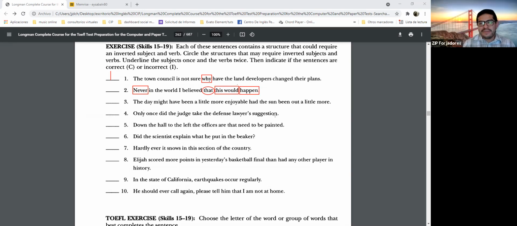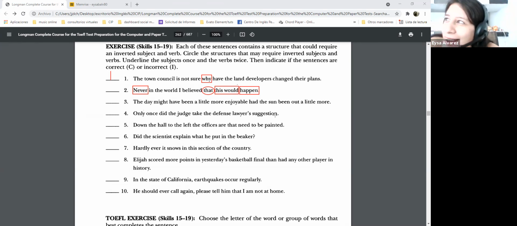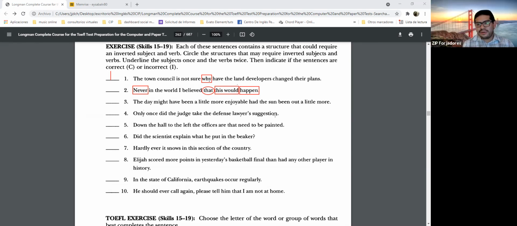Yeah, remember when you invert subject and verb, it is with the auxiliary verb. The auxiliary verb is the one that you're going to invert, or the modal verb. Remember, modal verbs are also auxiliary verbs. Actually, the complete name is auxiliary modal verbs. But I have the doubt that it is also for present. It's not only for negative, right? Yes, it's also for positive, for past. It's also for positive sentences.